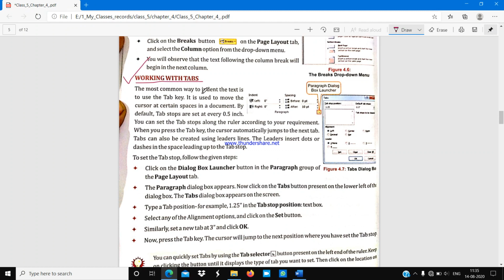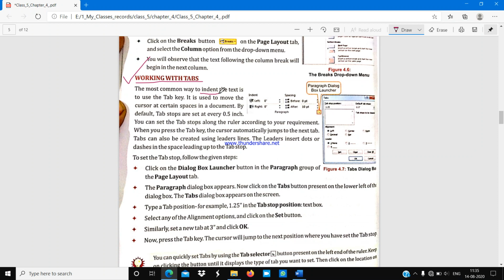The most common way to indent the text is to use the tab key. It is used to move the cursor to certain spaces in a document. By default, the tab stops are set at every 0.5 inch. First of all, what is the meaning of indent?